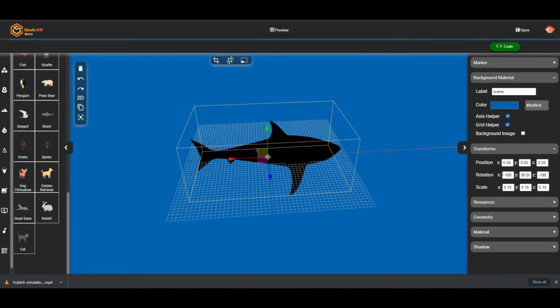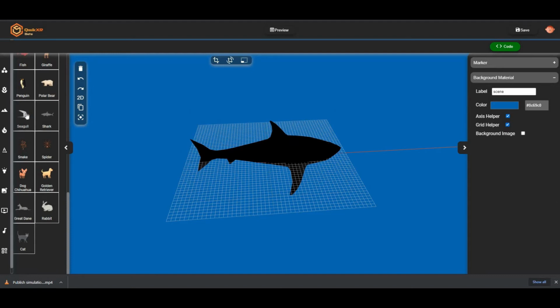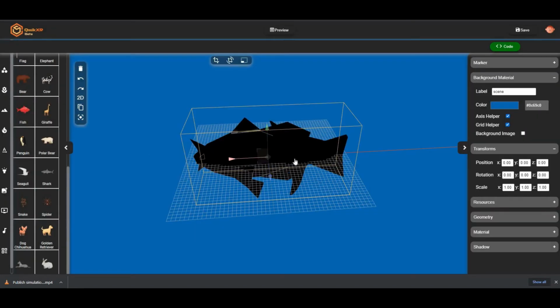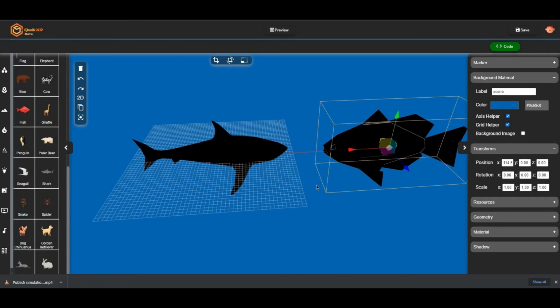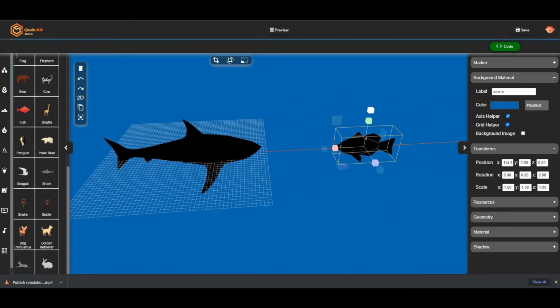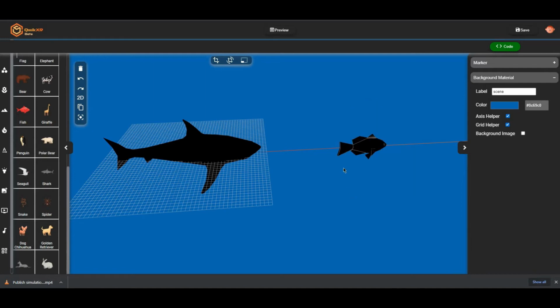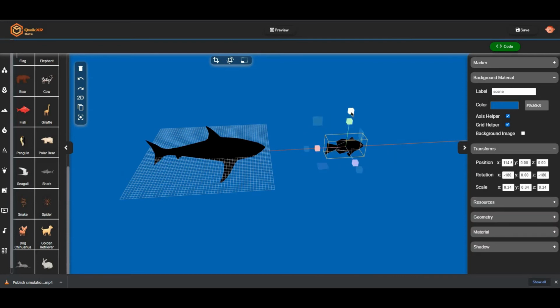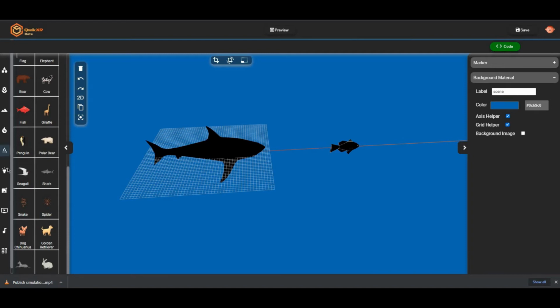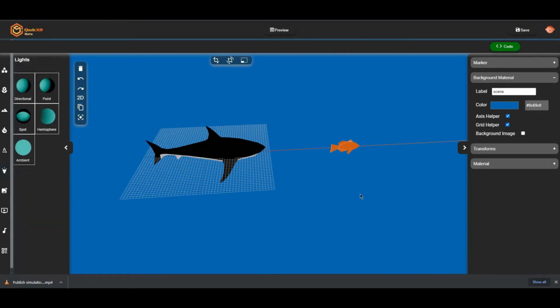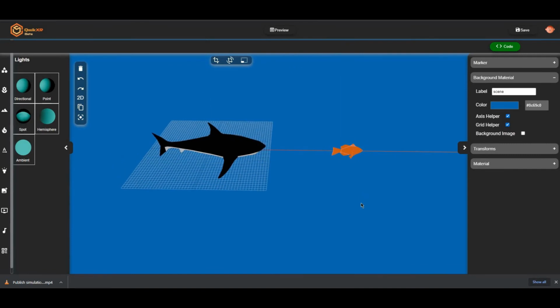Let's place the fish too. Let's make the fish a little bit smaller. We'll add an ambient light. Now that we're done with our modeling,